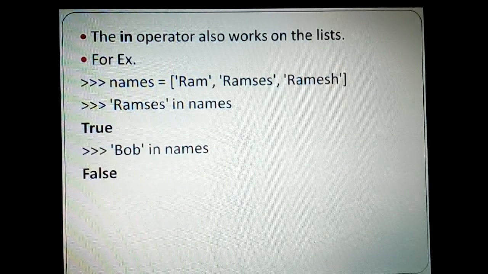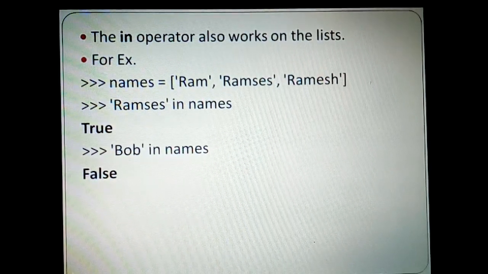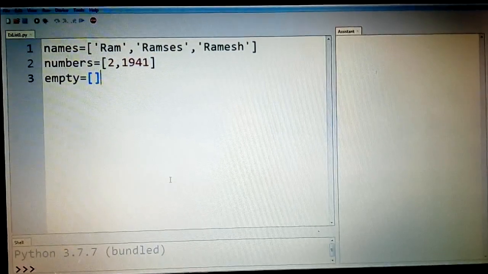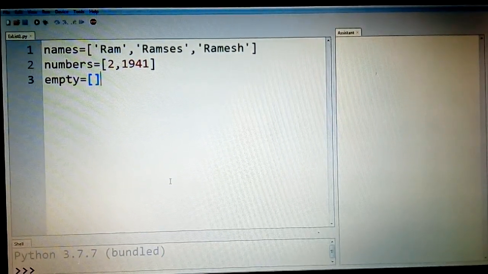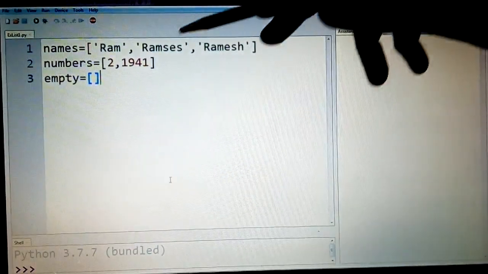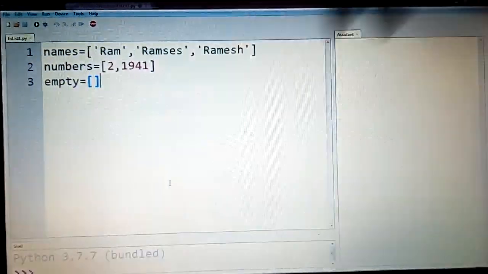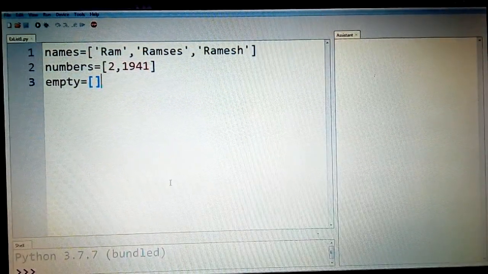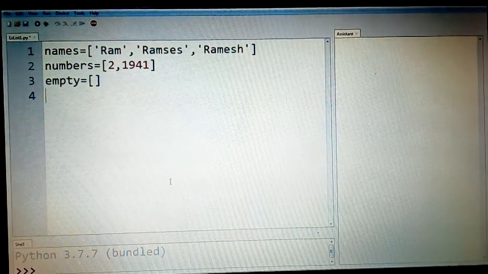So we can see this demonstration with the help of the editor itself. We'll go and check how this really works with the code. I have taken the same example that was shown to you in the slide. That is, names equals Ram, Rameses and Ramesh, and numbers equal to 2, 1941 and an empty list. A list is indicated with brackets here.